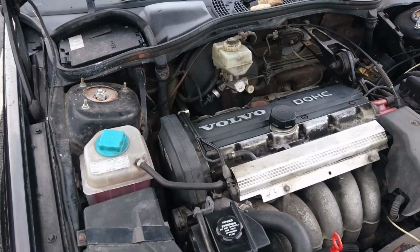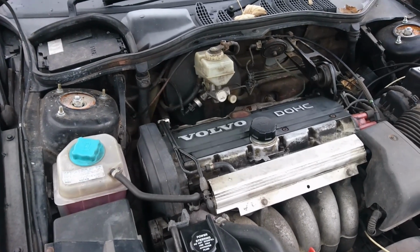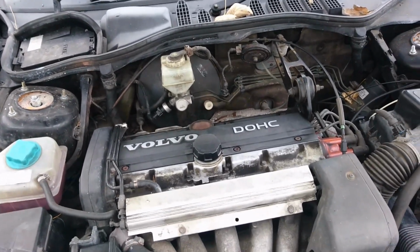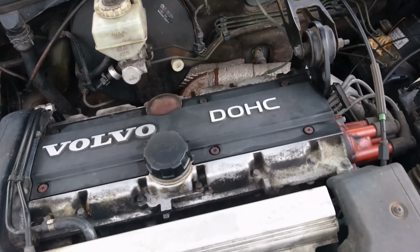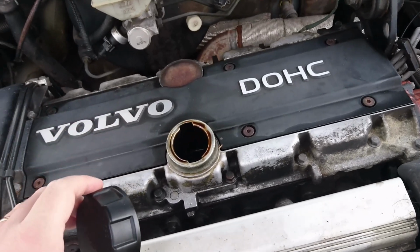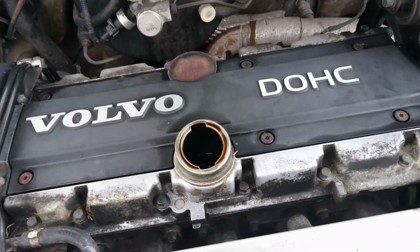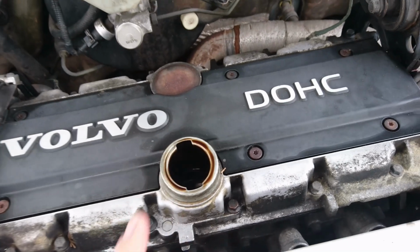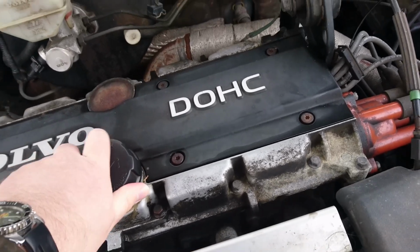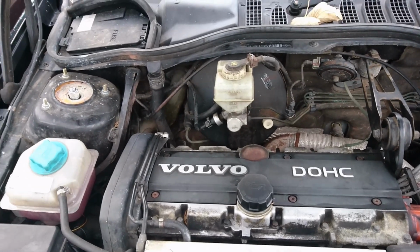You've got to be quite careful about the PCV system on these and checking to make sure you've not got a crankcase that sort of blows your hand off when you start the car. So what you do is you take the cap off, just do that nice and carefully. And with the engine running, I'm not doing engine run in case I have any problems with it, you put your hand over the top of there, and if you feel it's sort of pushing your hand off, then that's not a good sign. If it's just sucking it in a little bit, or it's doing nothing, which is what mine does, then that's